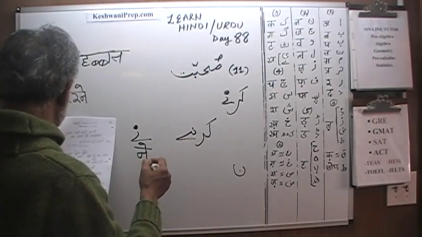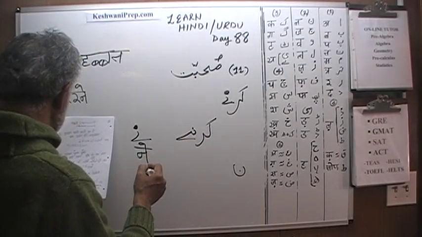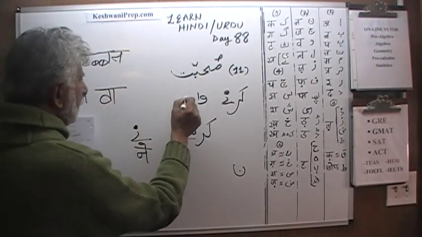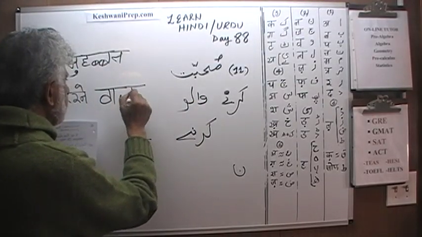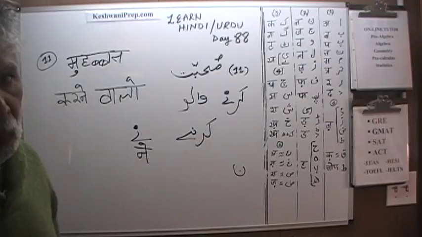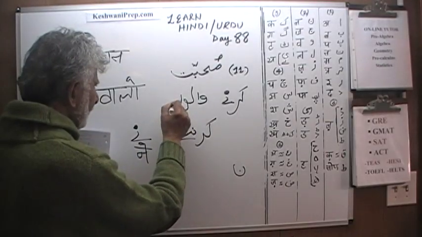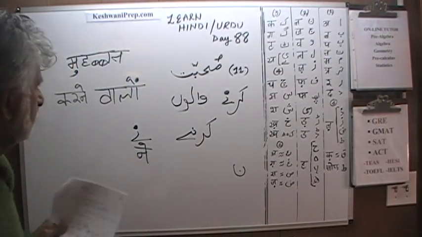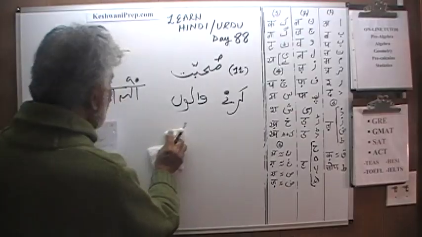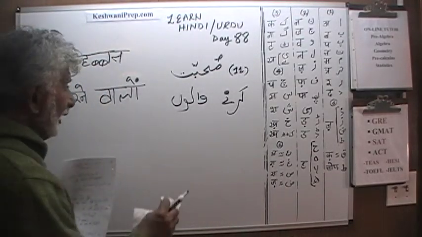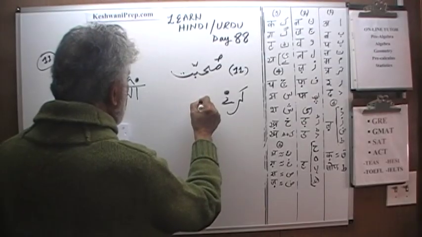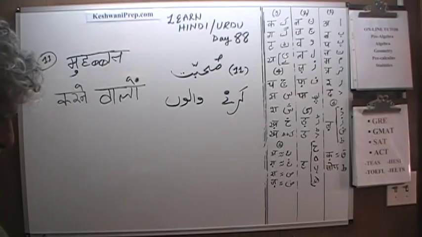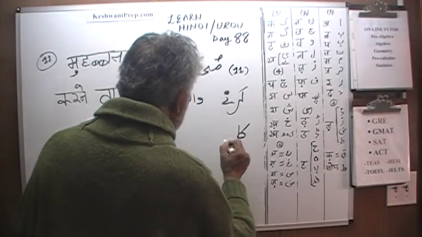मोहब्बत करने वालों, but we don't need walo, we need walon. So we need to have a nasalized n, nun gunna. मोहब्बत करने वालों. I'm going to rewrite walon because I don't like the way it looks. That's much better. मोहब्बत करने वालों का,